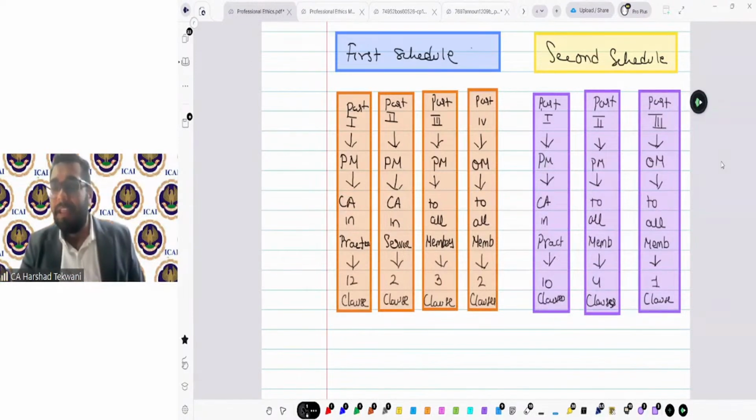So you can say the difference would lie in what penalty or punishment could be given if he is identified guilty of professional misconduct. Plus, in case of other misconduct, if he is identified guilty of other misconduct, what could be the penalty, how the procedures will work, and what could be the punishment in that case. That is the difference between both.